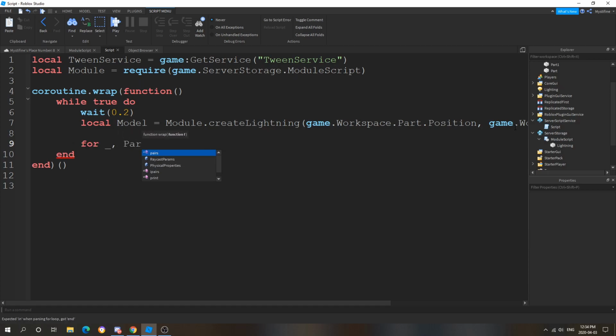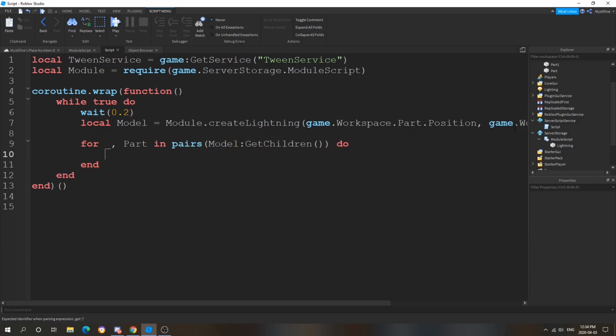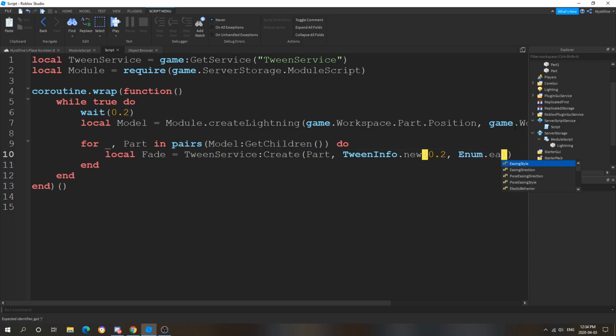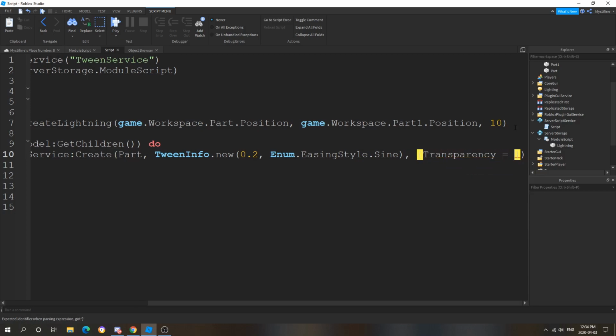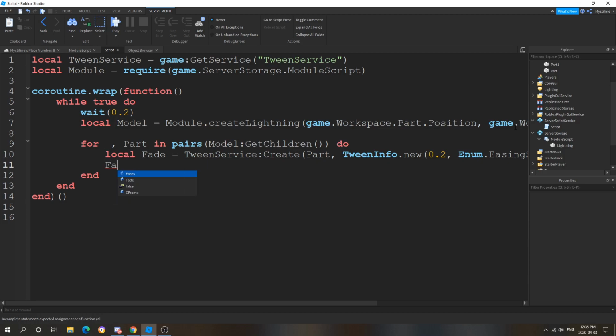So we're going to do for part in pairs model:GetChildren() do. So we're going to get every piece inside the lightning. This is why it's really handy. We're going to do local fade equals TweenService:Create(part, TweenInfo.new(0.2 seconds)), and then you guys can edit everything else. So let's say Sine, all right, and then we want the transparency set to 1. Then we're going to do fade:Play(), and then fade destroy,